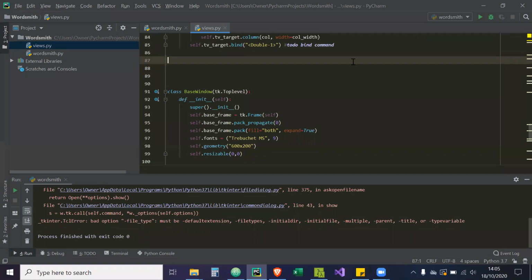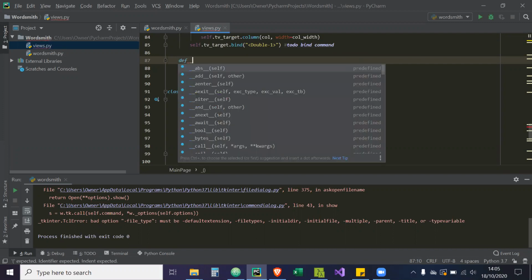Hey guys, so in this video of the tutorial series, we're going to start activating our buttons, so creating the commands or events for those buttons. So let's get started with it. So now, first things first, we need to define the Windows dialog, so our file dialog or ARCS directory from